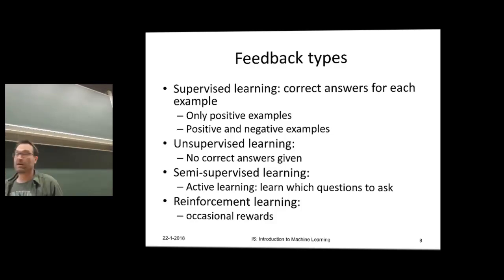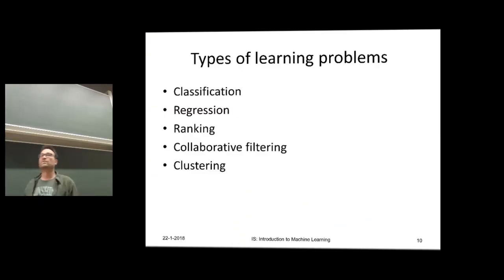We're going to look into one of the examples of unsupervised learning also tomorrow: clustering. Sometimes you have semi-supervised learning, where you don't have any classes to start with, but you have a human in the loop who might ask questions to help you. Active learning is one of these tasks. And reinforcement learning is if you perform in an environment and you get occasional rewards. I will probably mostly focus on the first part and very briefly look at the second one, the unsupervised learning. So let's look at three typical canonical examples